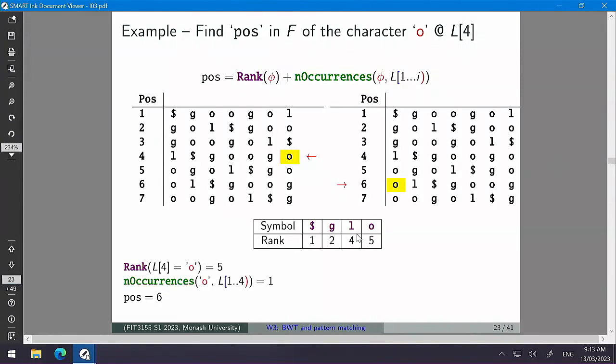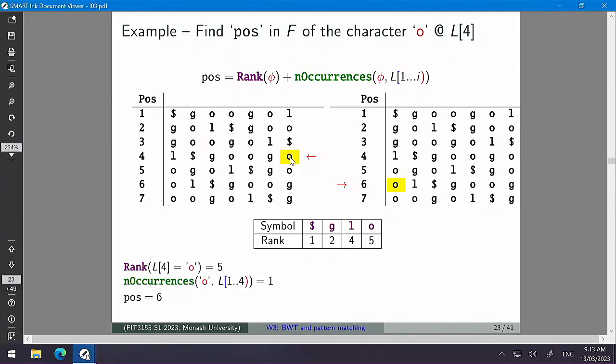So 5 is associated with the rank. Okay? So I can compute this rank table in one pass of the Burrows-Wheeler transform. I've convinced you of that, right? So I know that if I want to find out where